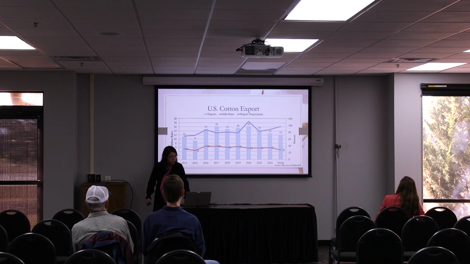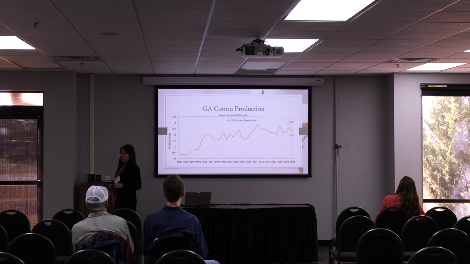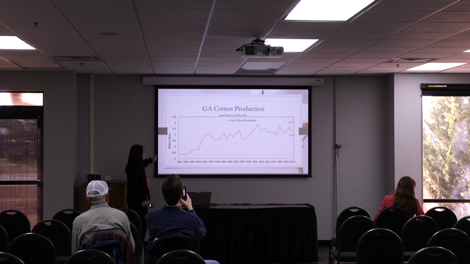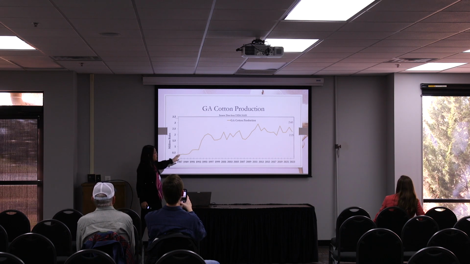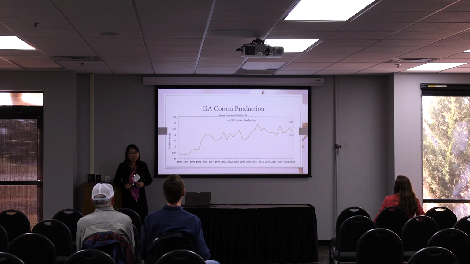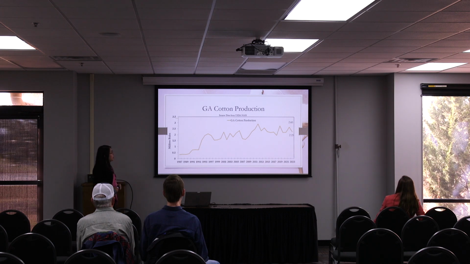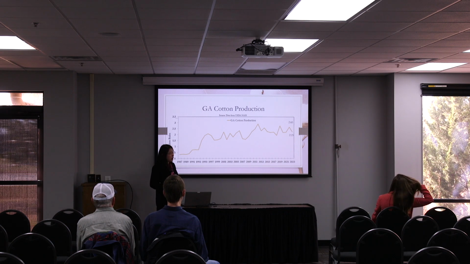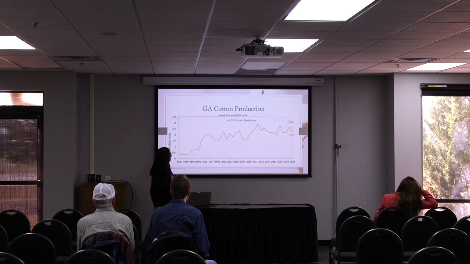Now shift gear a little bit towards what is going on in Georgia cotton production. Since the 1980s, cotton production in Georgia has been trending upward. Last season, we produced a little bit lower than the 2022 crop but still at a relatively high level, 2.25 million bales produced in Georgia compared to 2.65 million for the 2022 crop. That is actually one of the high levels in history.